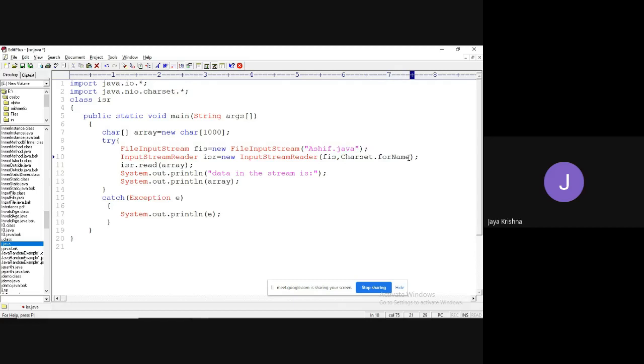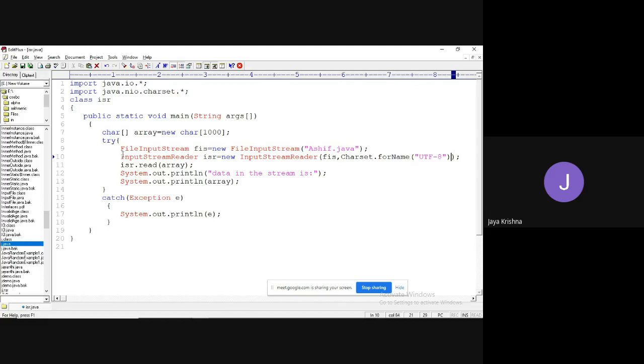In that, I am going to use the forName method, which is going to accept what parameter? UTF-8.